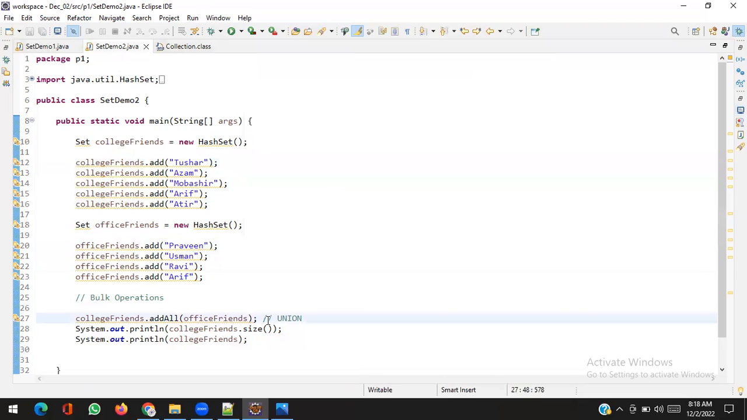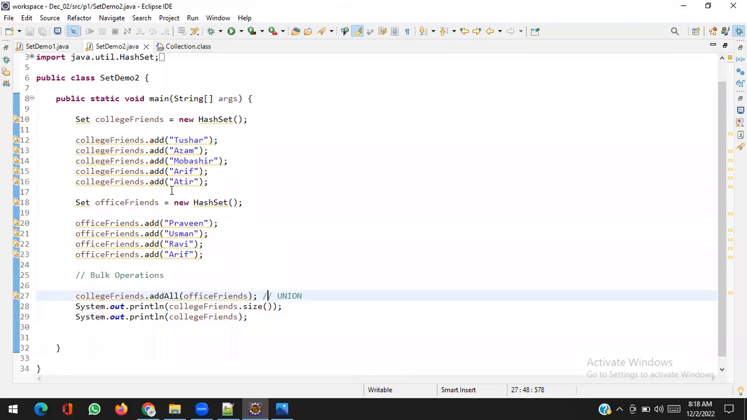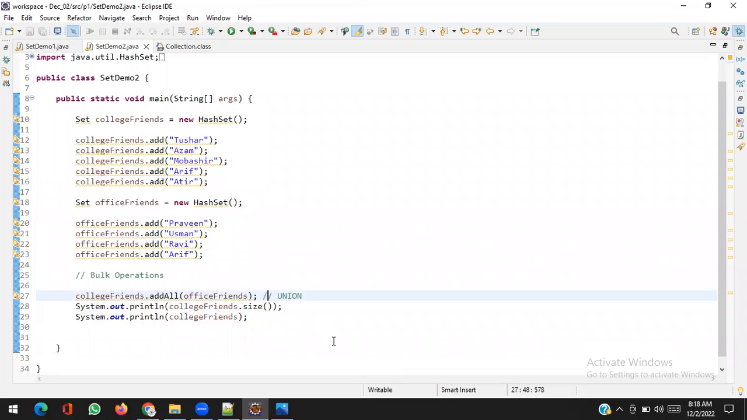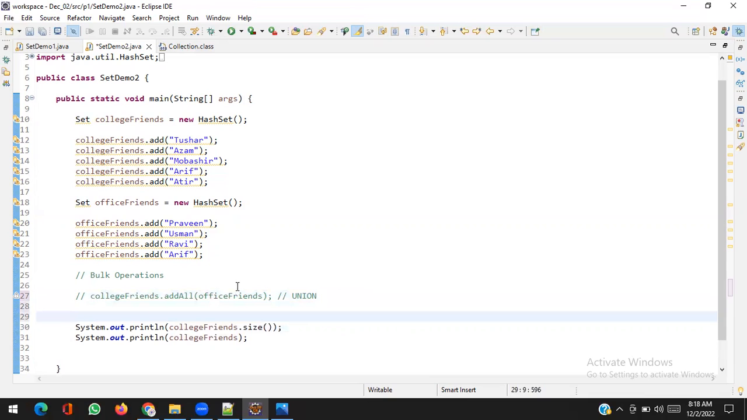Yes, addAll. We can add one type of set into another type of set, all elements of one set to the other set. Now I don't want to go with this because if I did, it will impact my other operation. Now another operation is